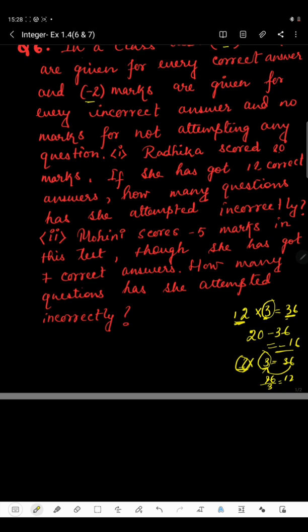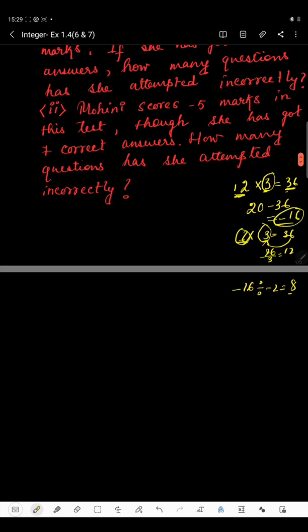So that means we will have to find the number of questions by dividing. So here the marks she has got for giving wrong answers is minus 16, right? And for giving one wrong answer, she will be getting minus 2. So if you divide these two, then you will be getting the number of questions she has given incorrectly. Okay, now let's start. So here we will write